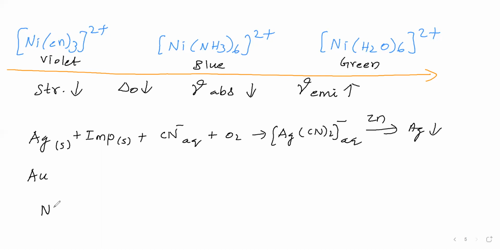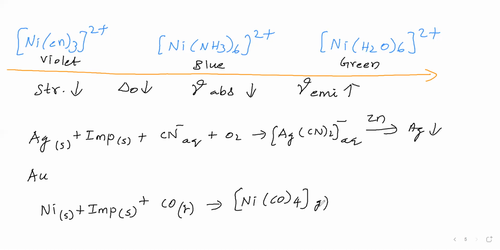Now we will take nickel metal, which has impurities. To remove the impurities, we use the technique of coordination compound formation. This is heated with carbon monoxide gas. Nickel combines with carbon monoxide and forms a complex. This is a gas, whereas the impurities are in the solid state. Since one is gas and the other solid, you can easily separate them. So you are removing impurities.